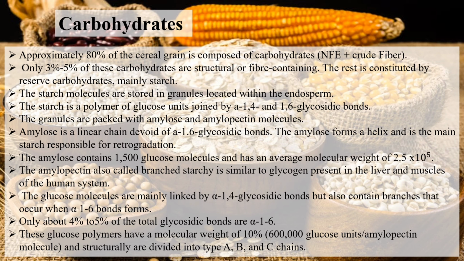5. The amylopectin, also called branched starch, is similar to glycogen present in the liver and muscles of the human system. The glucose molecules are mainly linked by alpha-1,4 glycosidic bonds but also contain branches that occur when alpha-1,6 bonds form. Only about 4% to 5% of the total glycosidic bonds are alpha-1,6. These glucose polymers have a molecular weight of 10%, 600,000 glucose units/amylopectin molecule, and structurally are divided into type A,